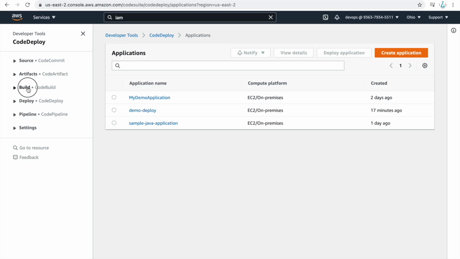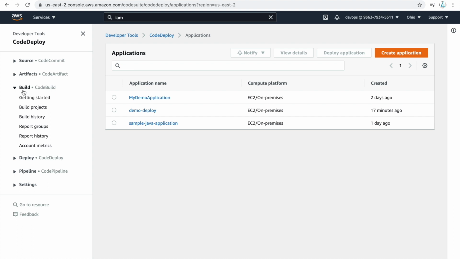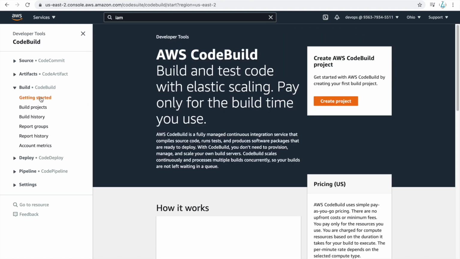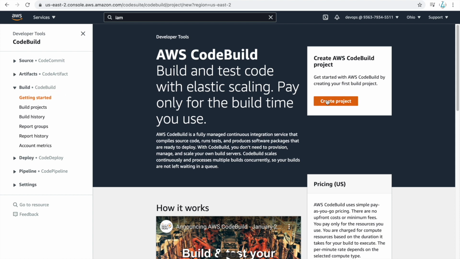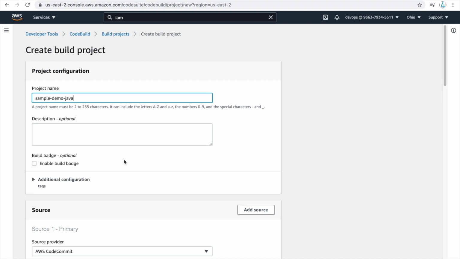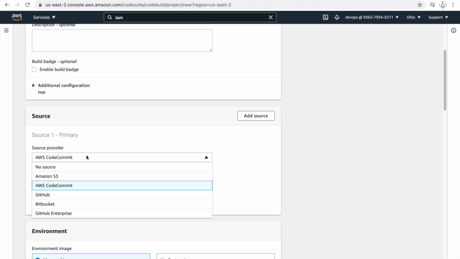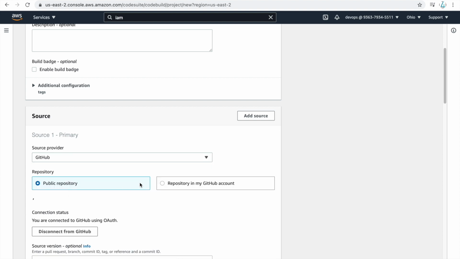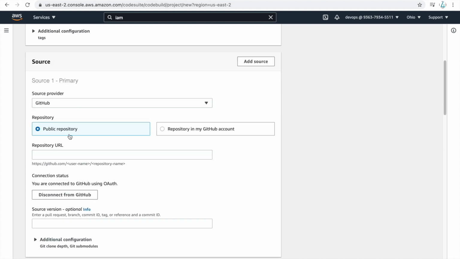So first thing, I want to build my project, right? For building a project, you need to create a project. So let me just name this sample demo Java. This is my Java application, and my source is coming from GitHub. This is how you can provide your repo URL.